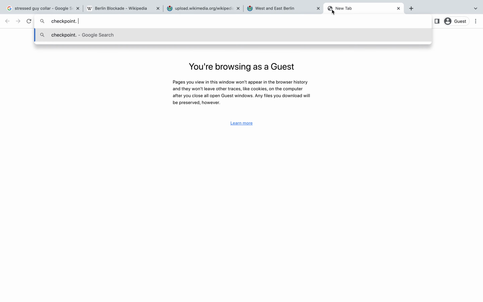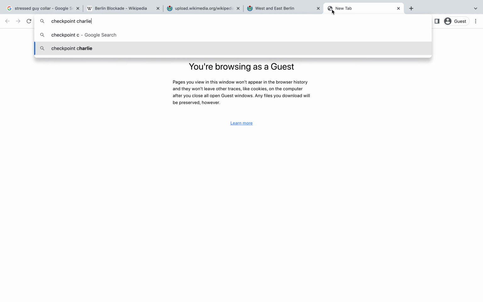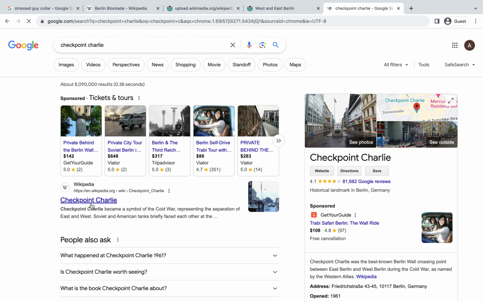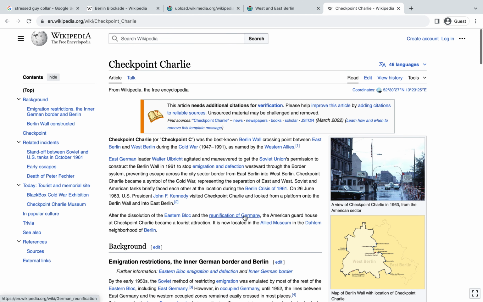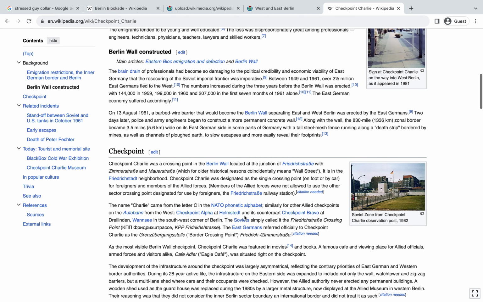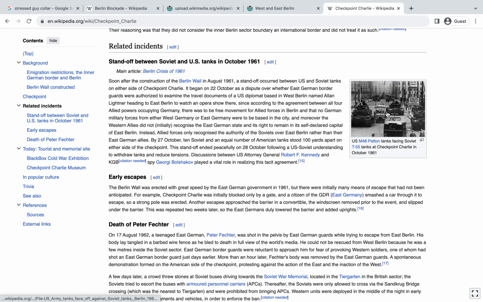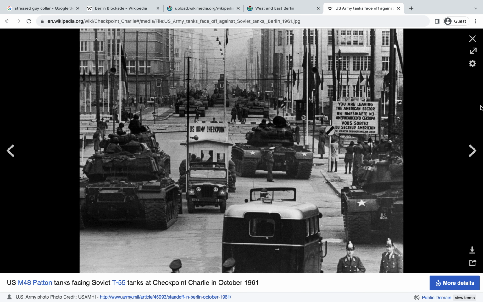And this is how he retaliated. And it is quite amazing when you are able to really let it sink in. This is 1961, I should say. I am still really blown away by this picture. A lot of people say that a picture is worth 1,000 words, and in this case, I think it's worth 1,000,000 words, to be quite honest with you. Just look at this. What you're looking at here, this is Checkpoint Charlie.